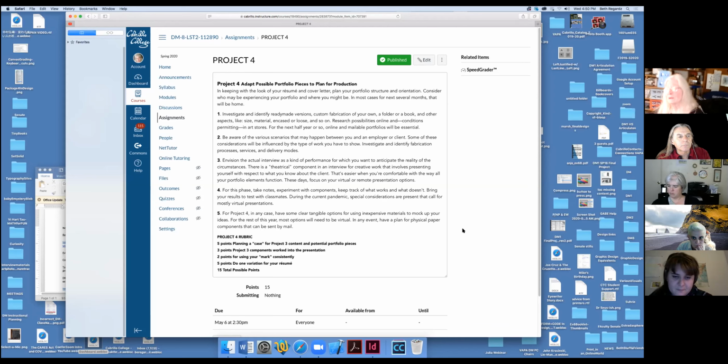So try to learn about your client, and if you're going to an agency or someplace, the agency would know the client and would coach you on how to approach the client. You read out your portfolio and decide what was important to show or not. And so those are the kinds of things that we're looking at for next week, the possibilities of what you could be showing. So for this phase, take notes, experiment with components, keep track of what works and what doesn't,